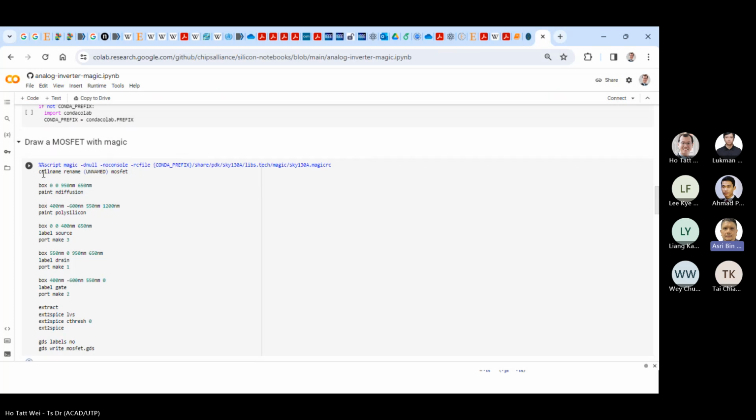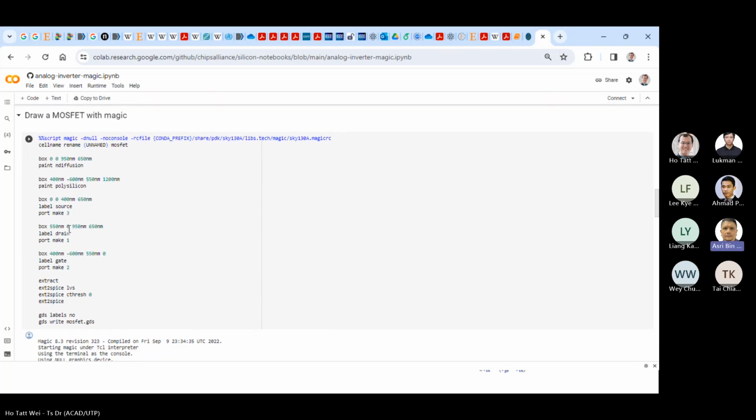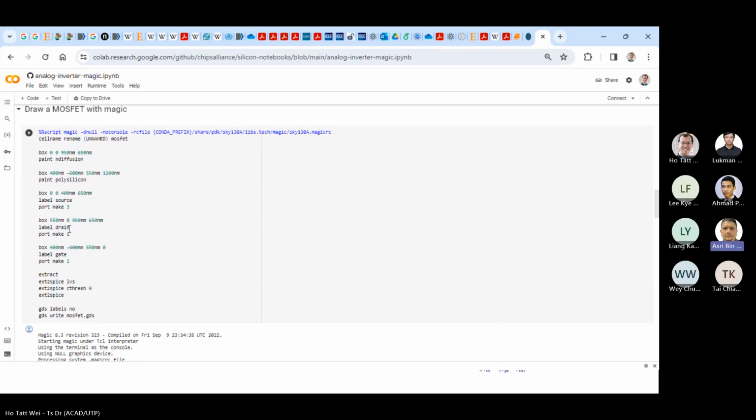If you try to run this, it can run, but I think there is something missing. I don't know. But when I try to run using Docker, it can run. It can complete the process. But when I try using the Google Colab, is there a missing file or something?